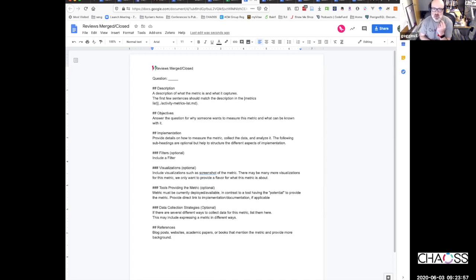So the number of pull requests merged and closed is an indicator of growth. And the proportion of pull requests merged and closed is also, I think, well documented at this point as having a high relationship to the growth of the contributor community.